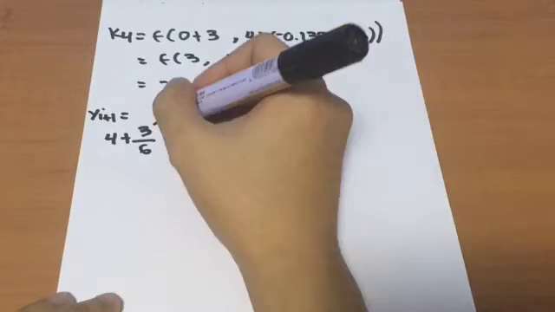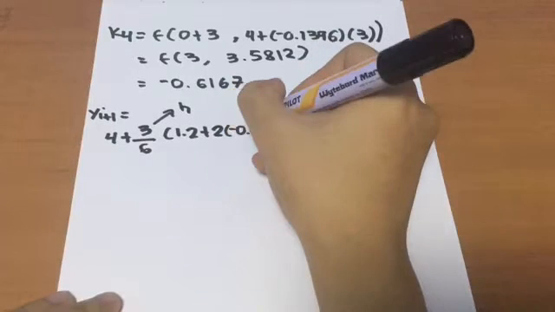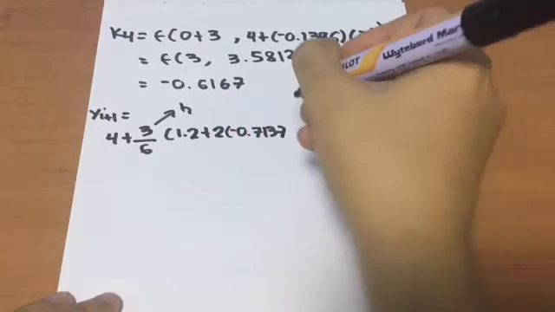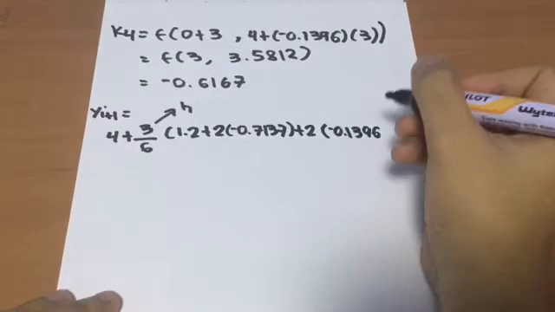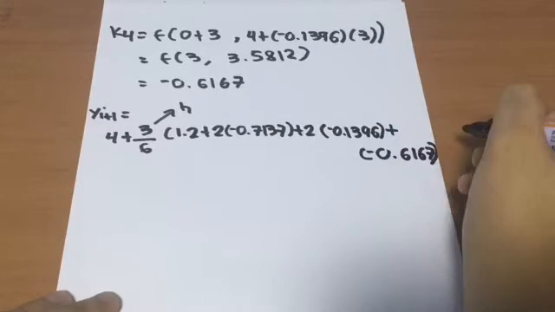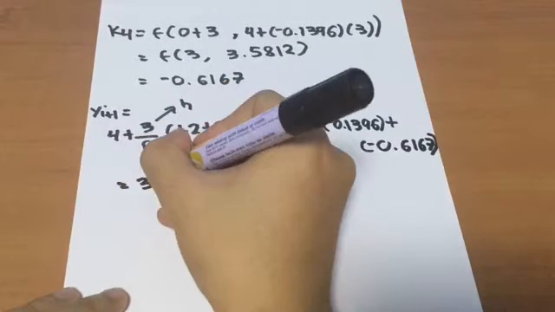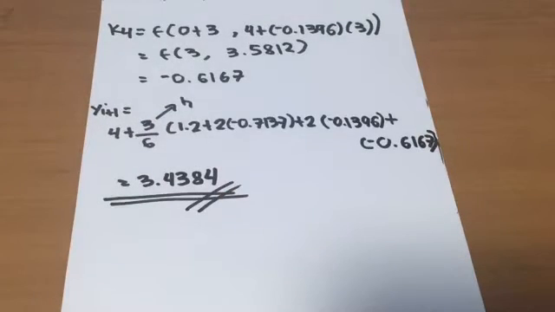So we substitute those k's to our equation to get our yi plus 1. So this will be easy. So remember, we have 3 over 6 there, where 3 is our step size h. And we have the yi plus 1 as 3.4384. So guys, you can see which method in this ODE form is the best method to use, where we